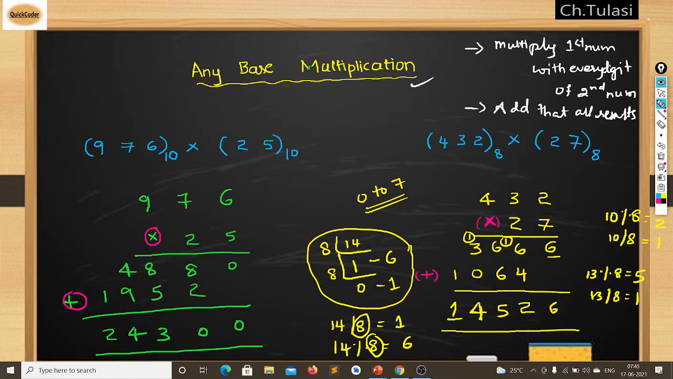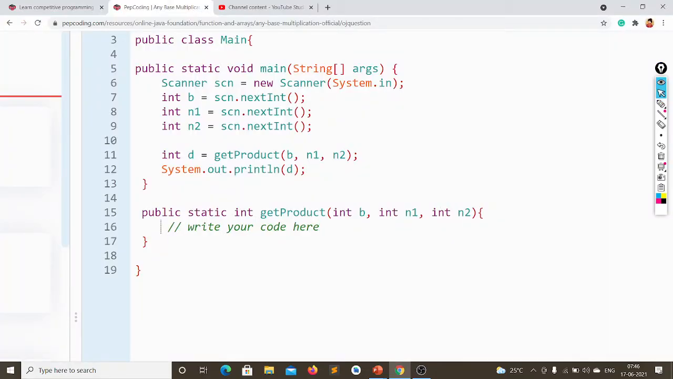So let's start coding in Java. Okay, let's start coding, friends. So there is my getProduct method. In that method, I have base and I have two numbers. Okay, we have to multiply the two numbers. What I'm doing is, let's take int result is equal to 0, and int p is equal to 0,